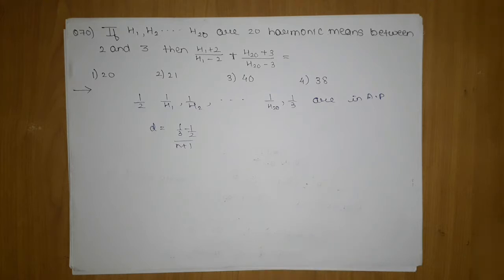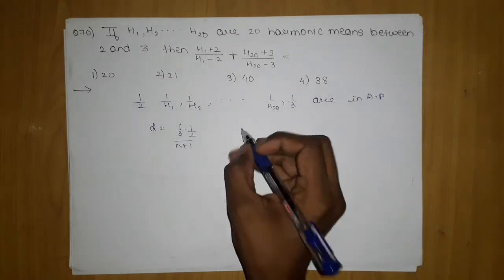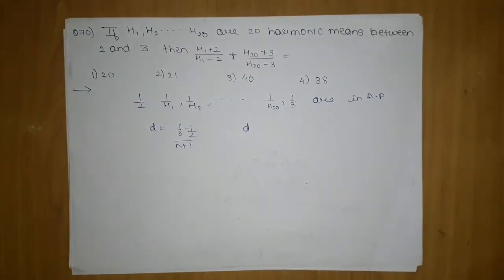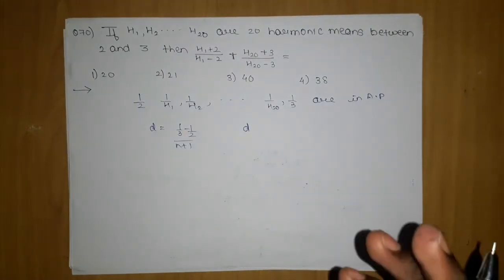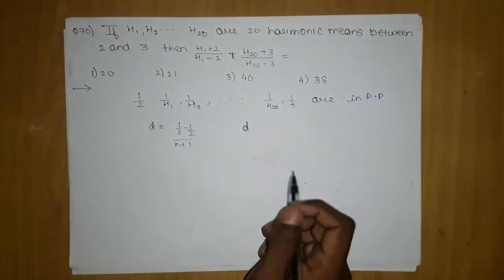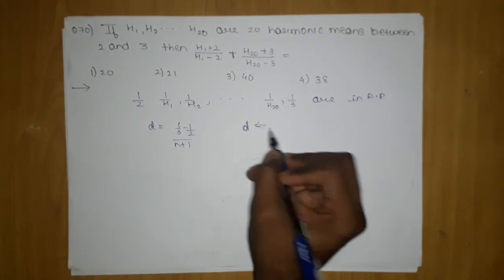But this question doesn't go that way. You have to consider the D, and we will solve for the D by a different way. By this way we can also solve the D. That is also a good point of this question. So we will take it as D only for now.